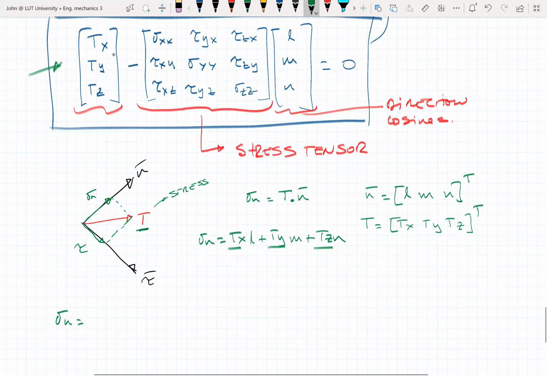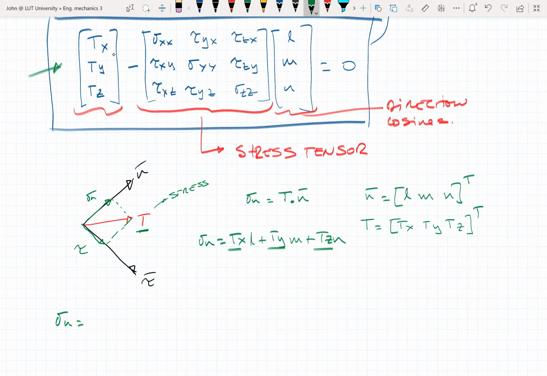It's going to be this times L, open parentheses here. It's going to be sigma x times L plus tau yx times m plus tau zx times n, and that's going to be multiplied by L,